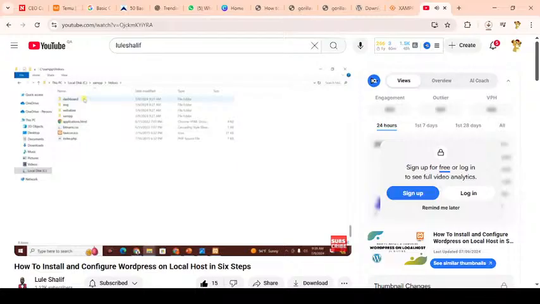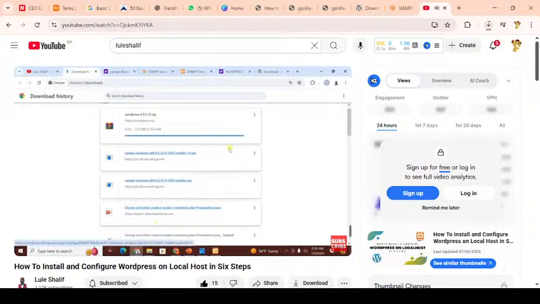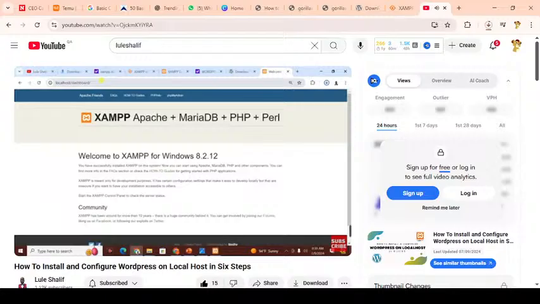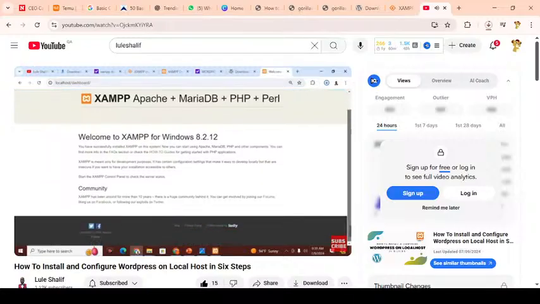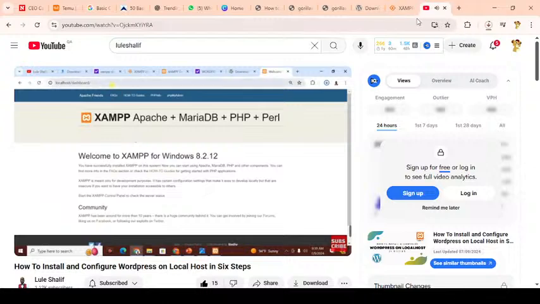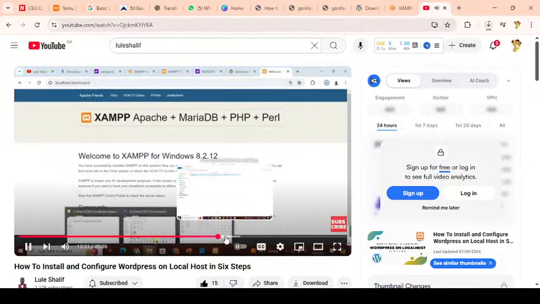when you extract it, you have to go ahead and make sure that you name that particular file. So right now, let's say